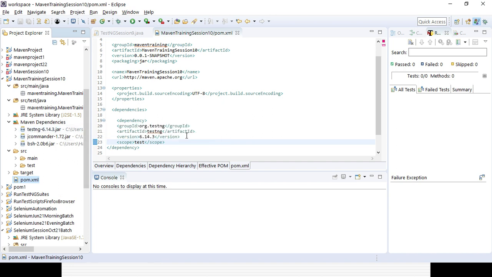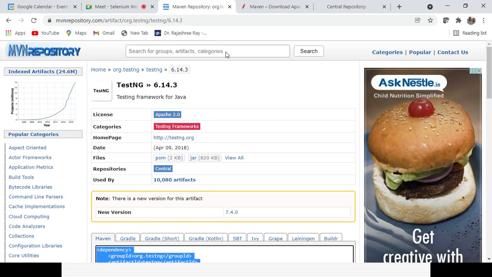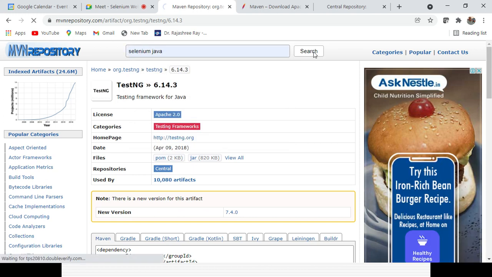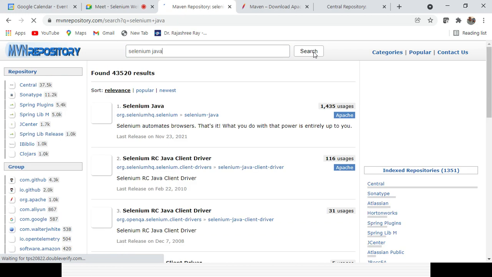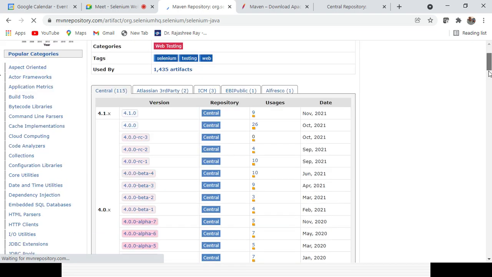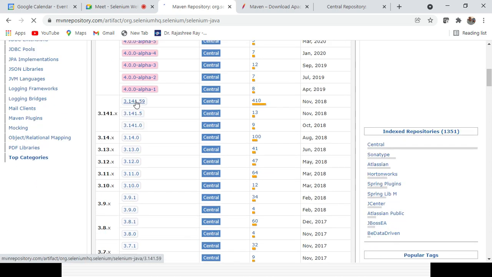Similarly, if you want to add the dependency for Selenium Java, you can type Selenium Java here and click on search. Click on Selenium Java, and you can go for any stable version, maybe version 3. Because version 4 came just a few days back, I can go with 3.14.1, which 410 users used.